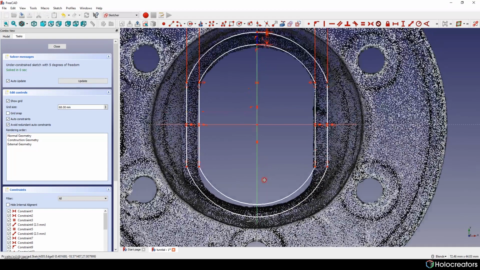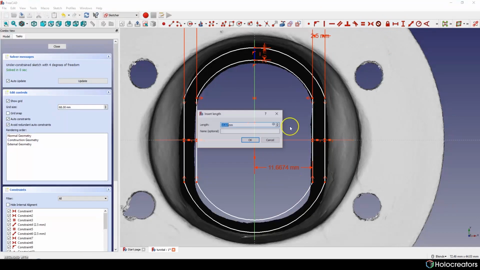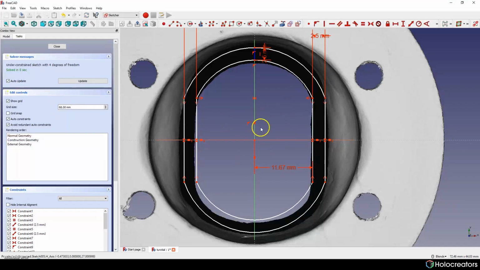The last thing we have to do is just give it more constraints till it's fully constrained. To do this, we will need to add a couple of measurements. I think it's gonna be a good idea to do it like this. Let's also make this, oh, it's not gonna work.